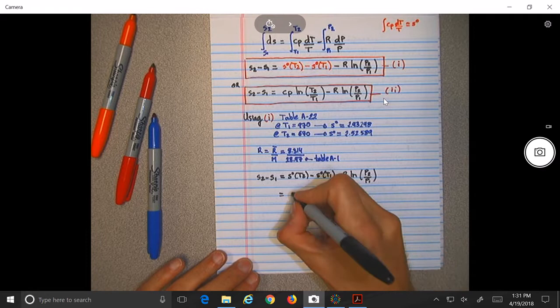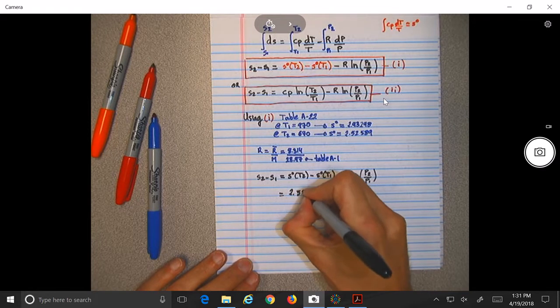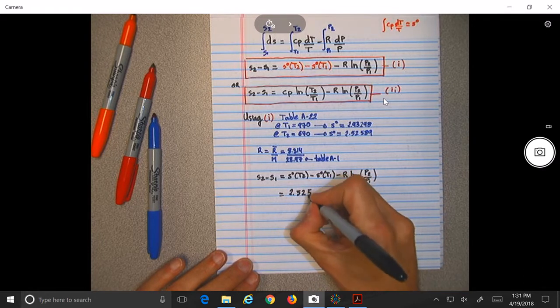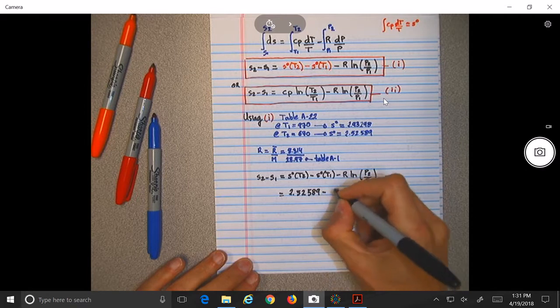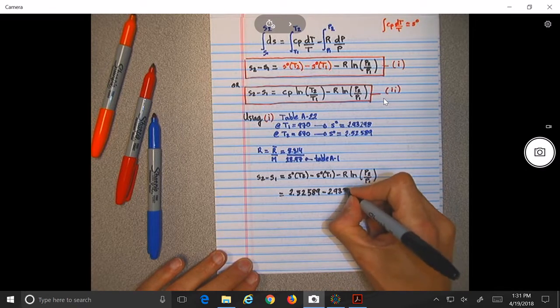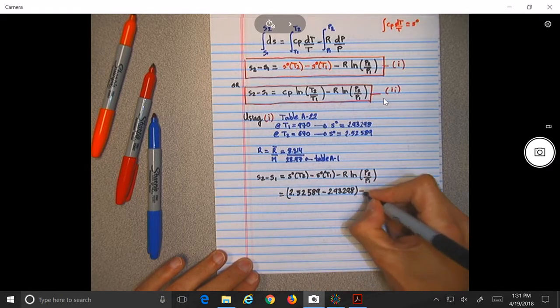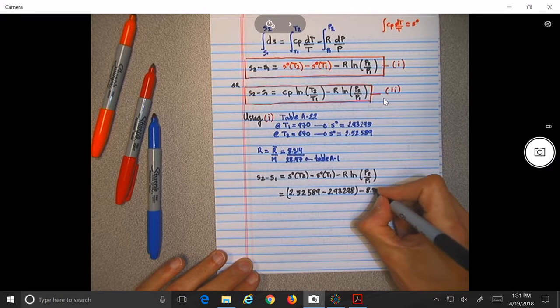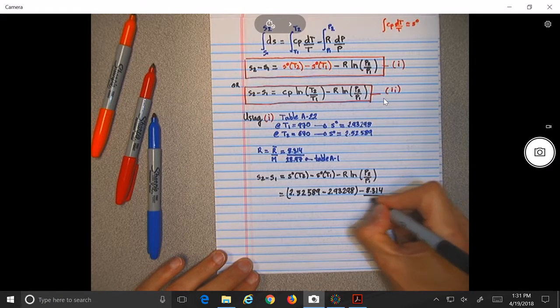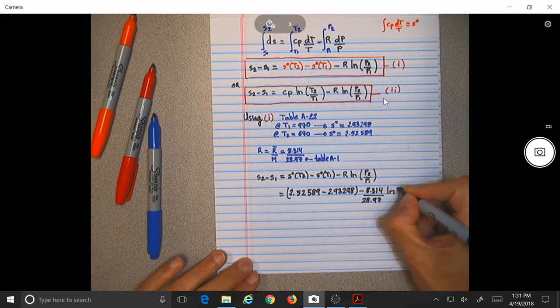So 2.52589 minus 2.93298 minus 8.314 divided by 28.97 log